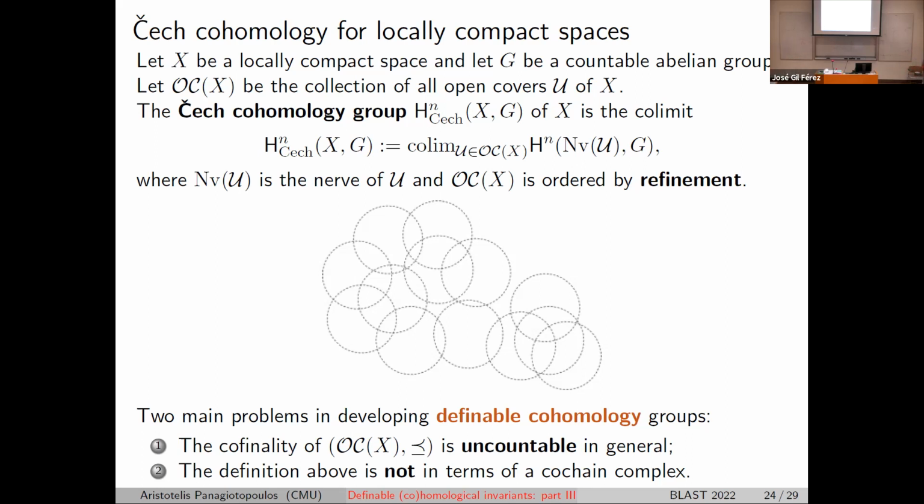Yeah, so for certain nice spaces, you don't need to actually take this entire colimit in order to get Čech cohomology, right? You can sort of stop halfway and make the computation finite. Is the problem here, does that not work in the definable setting, or are you just trying to do this in? It works in the definable setting, but not all spaces are like that. Right. And so, for example, if you look at